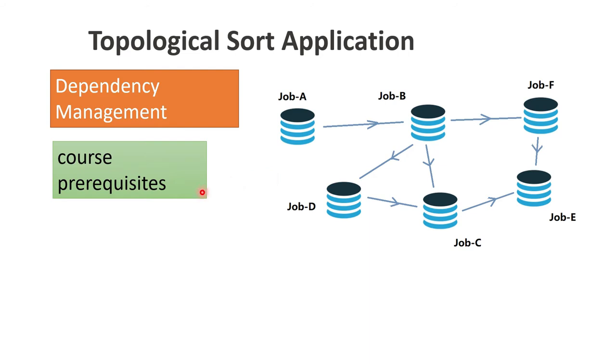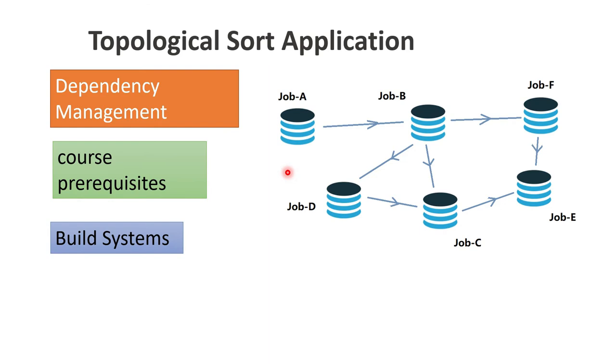Another thing is course prerequisites, which I explained earlier. Maybe think about these as all courses. This is the course I have to do, but before that I have to complete this one, then only I can jump into this. And if I have to do this course, then I have to do this course, and then this course before that, then only I can start reading about it.